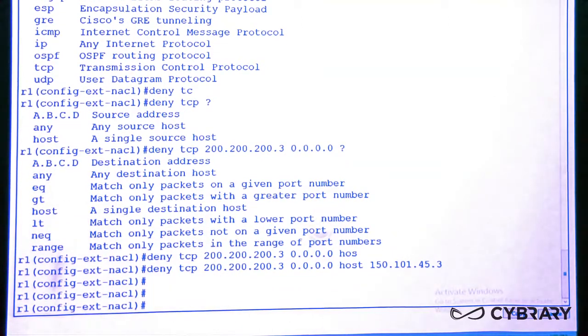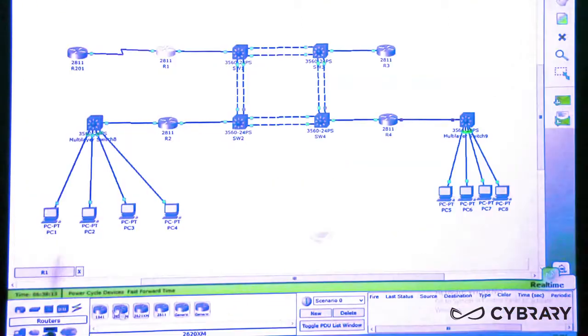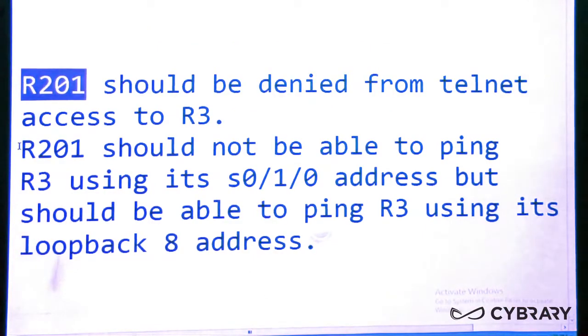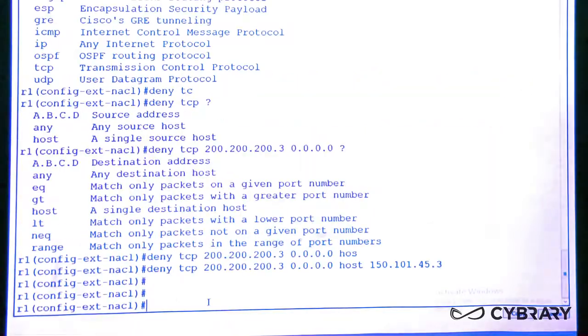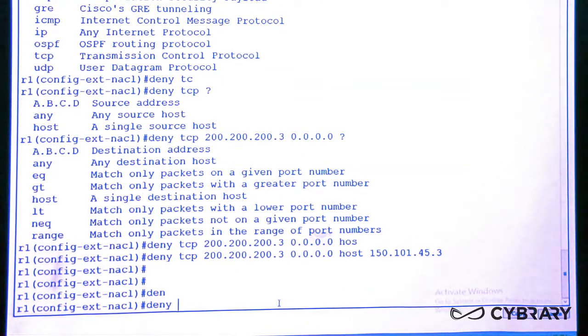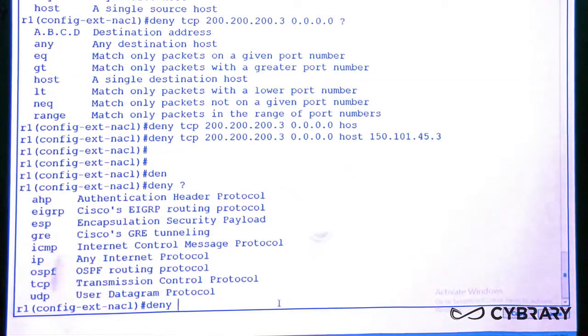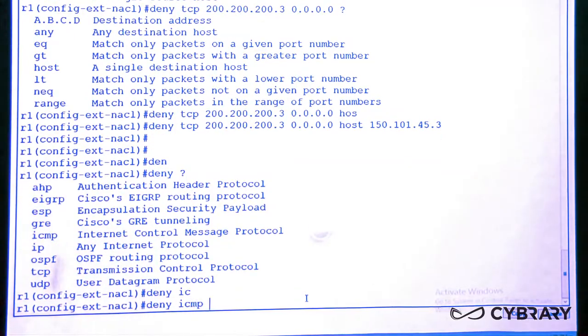Now, the next step in my question was that router 201 should not be able to ping router 3 using its S0/1/0 address. So I should not be able to ping router 3 using 200.200.200.3 as my source. So once again, I'm going to deny. Now, ping, if you remember, works under the protocol ICMP. So ICMP, if I execute the help feature, is an option I can use. So I'm going to say deny ICMP,